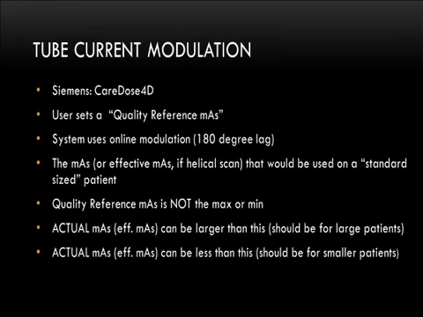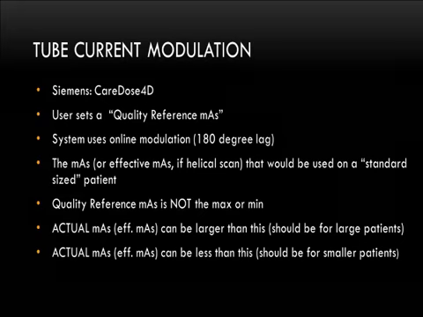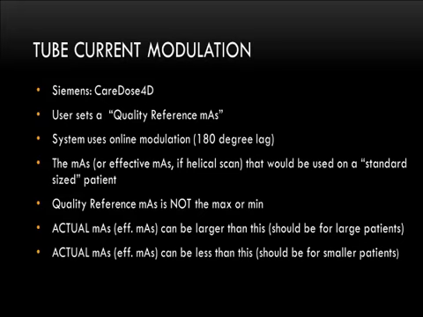And let me go through just a couple of examples of the kind of things that vary, and then we'll talk about the kind of things that you need to pay attention to. Siemens, their CareDose 4D, that's the basic curve that I showed you before. The user sets what's called a quality reference MAS. This system also uses online modulation. That is, they use the information from 180 degrees before to predict how they should modulate the current for the next 180 degrees, okay? That doesn't account for the size of the patient. It's just modulating from the lateral